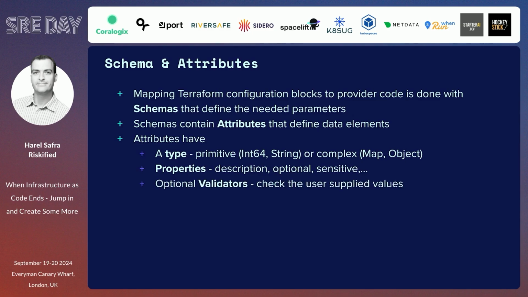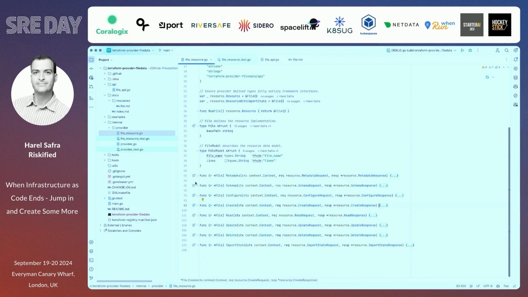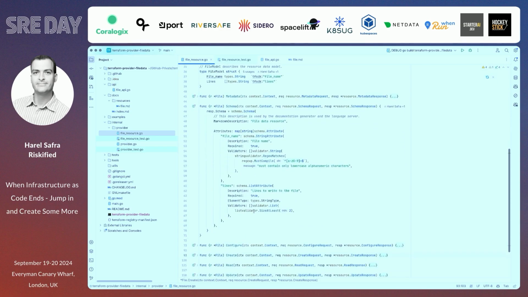And it can also have optional validators to check that the value passed from the user is defined correctly, according to what the provider expects the data to look like. It's all implemented in a schema. Now, you can see the breakpoint inside the schema method. And you can see that the resource itself has a description, and each of the attributes also has a description, if it's required or not required. And validators, in this case, it expects the file name to be a simple file name, just as a demo